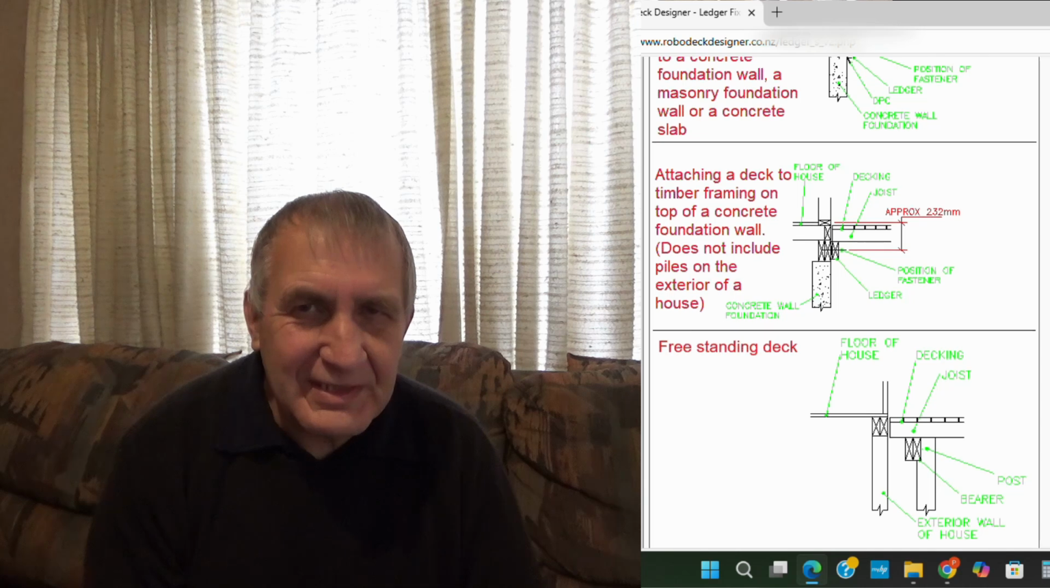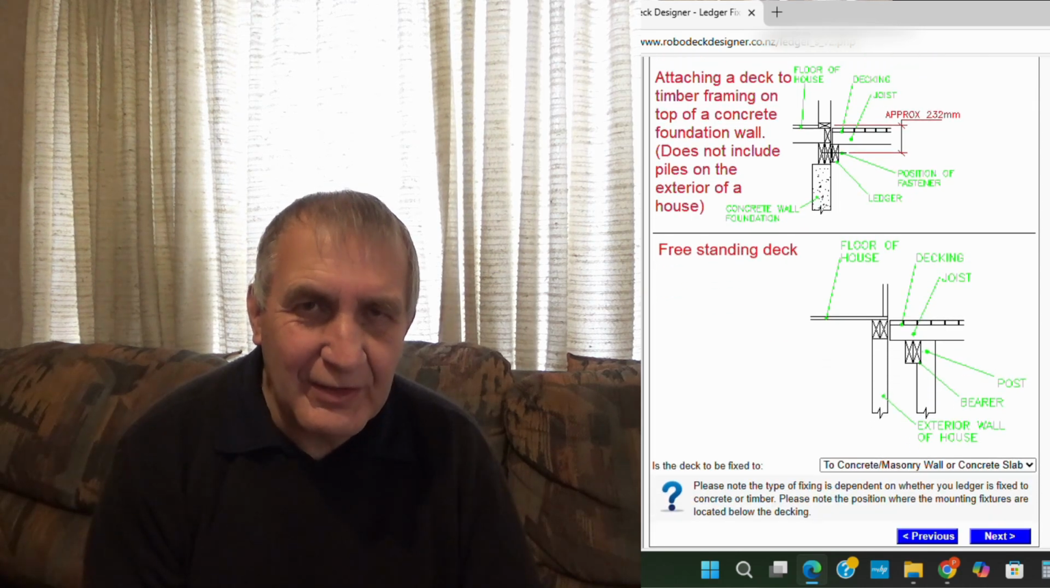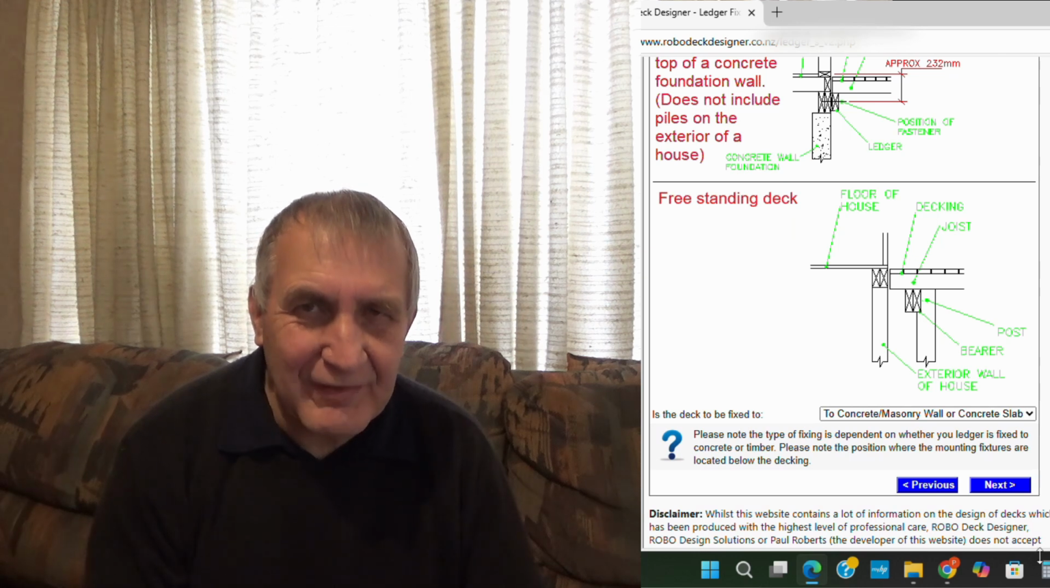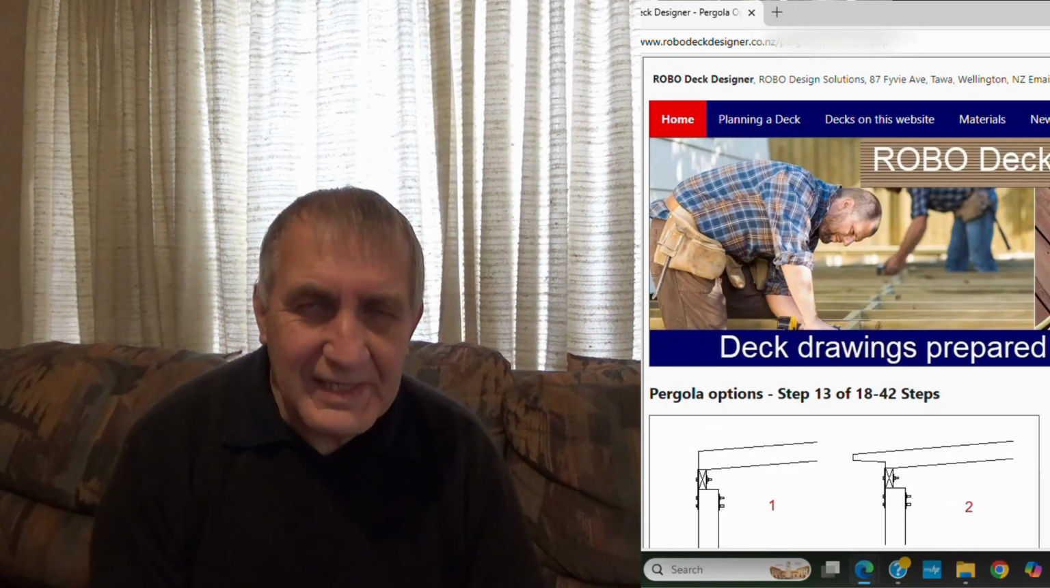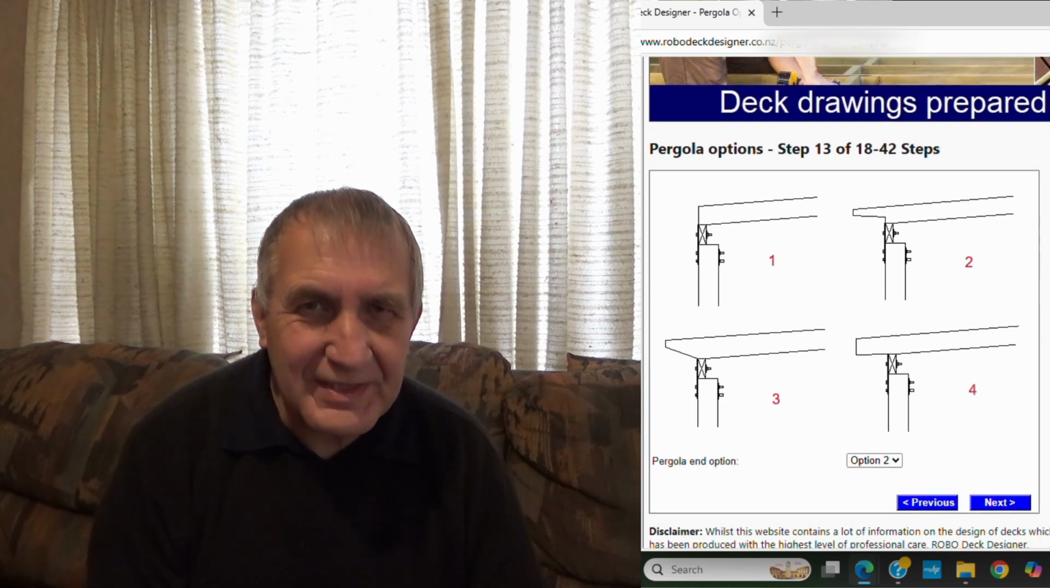This has been another feature that's been asked for, which is freestanding decks. So this also gives the option to have a freestanding deck. For decks with pergolas, there are now also options to change the style of the pergola. The last one is the ability to fine tune